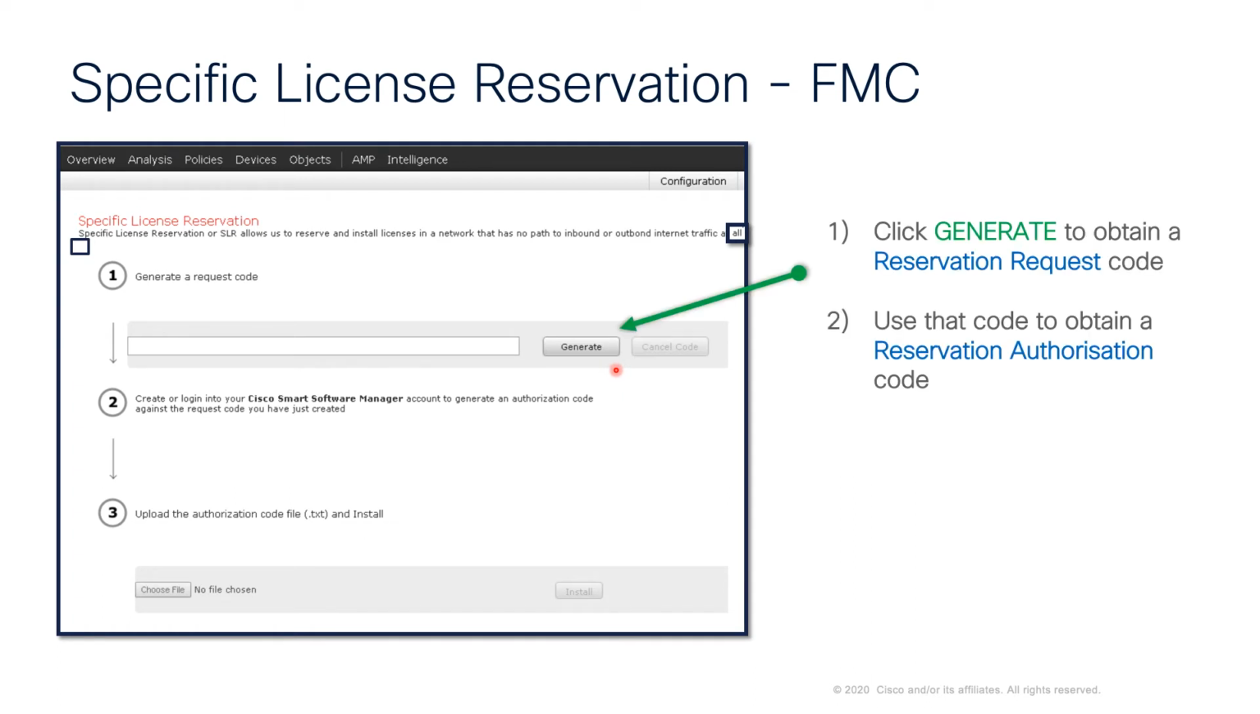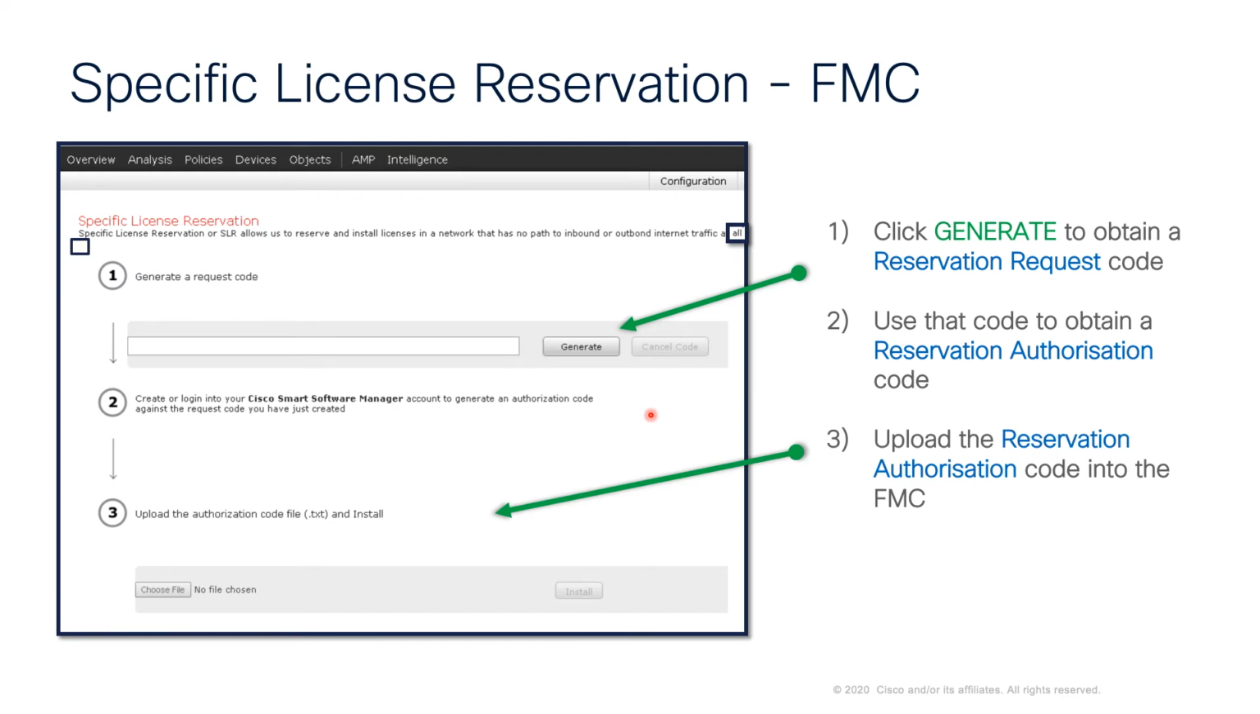and that will allow us to generate a reservation request code that we can then deliver to the Cisco Smart Software Manager account to generate an authorization code. There is more information on that step coming up at the end of this slide. Once we've been through that process, we can then take the reservation authorization code and upload that into the FMC, and from there we can assign the specific licenses